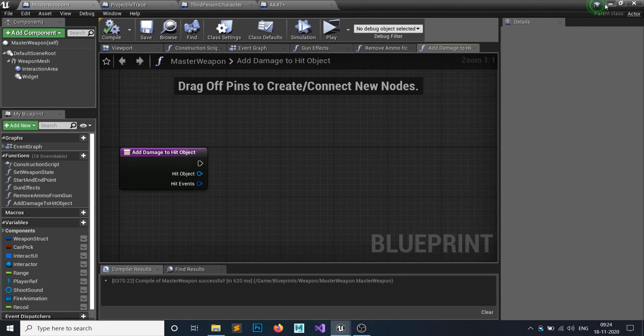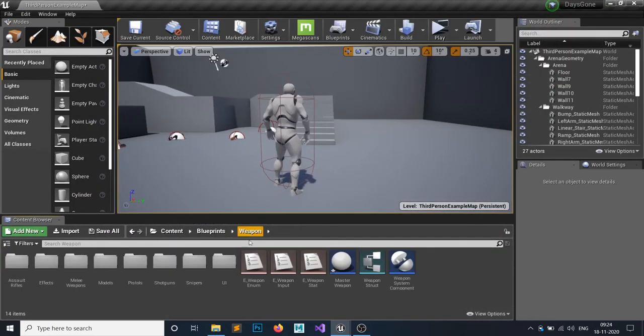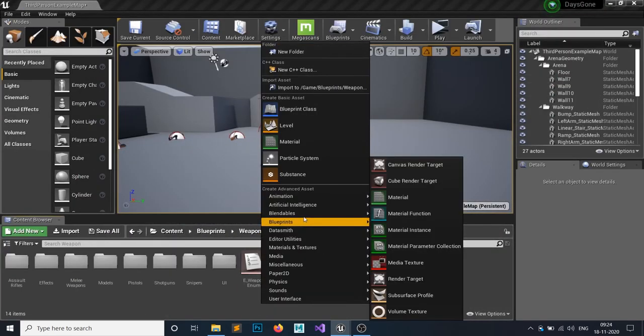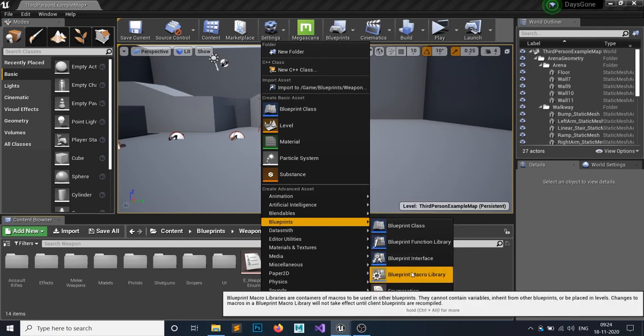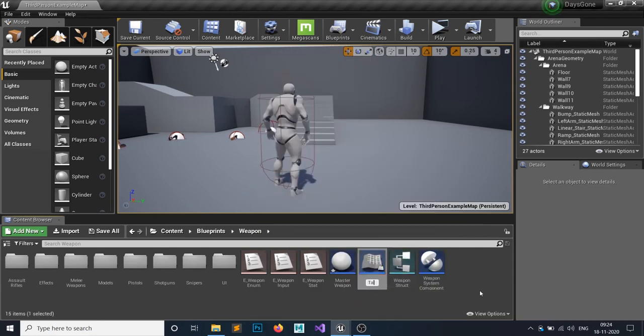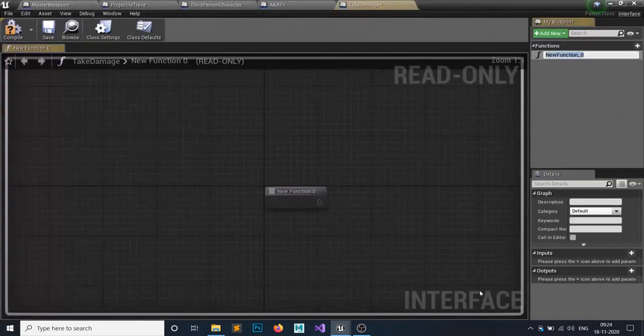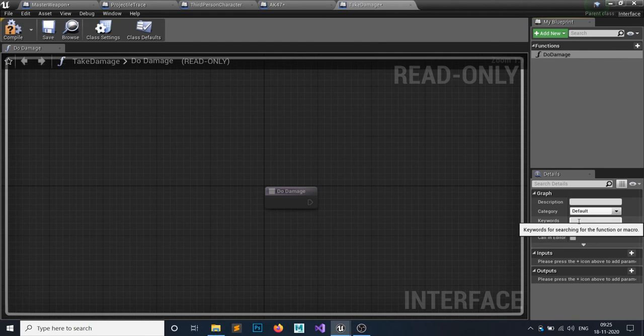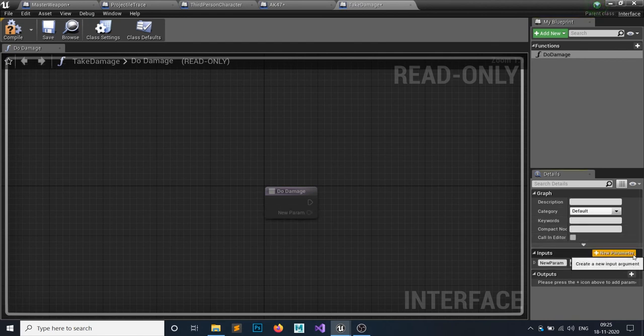So for that, minimize this and let's make a new blueprint interface called take damage. So whatever the damageable object, it can take damage. So for that, let's make a new function called do damage. For the do damage, we need one input called damage.